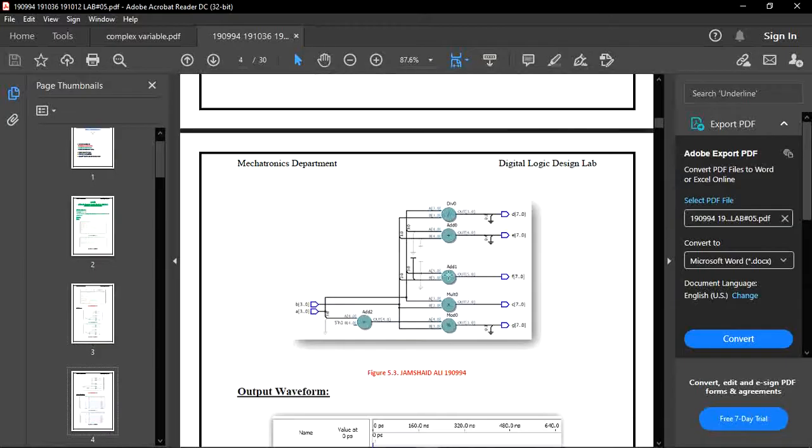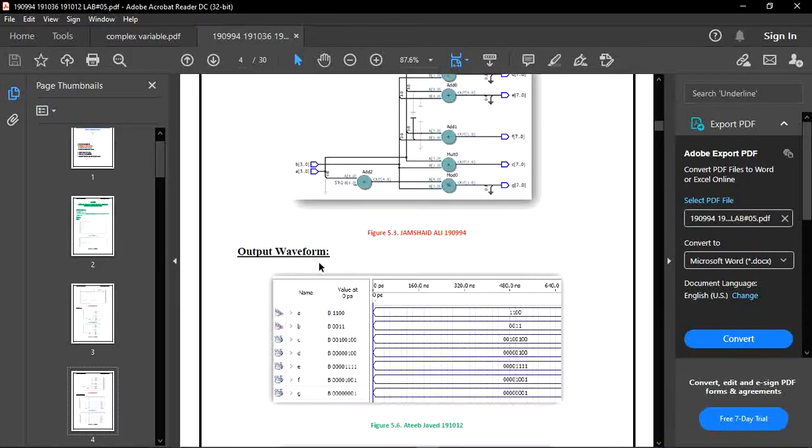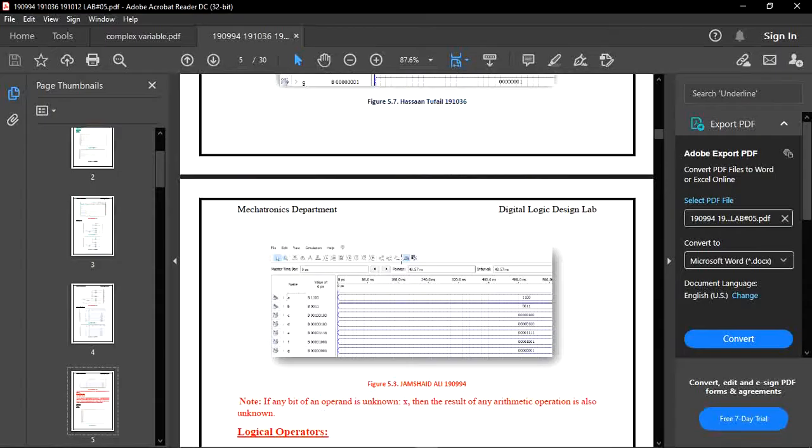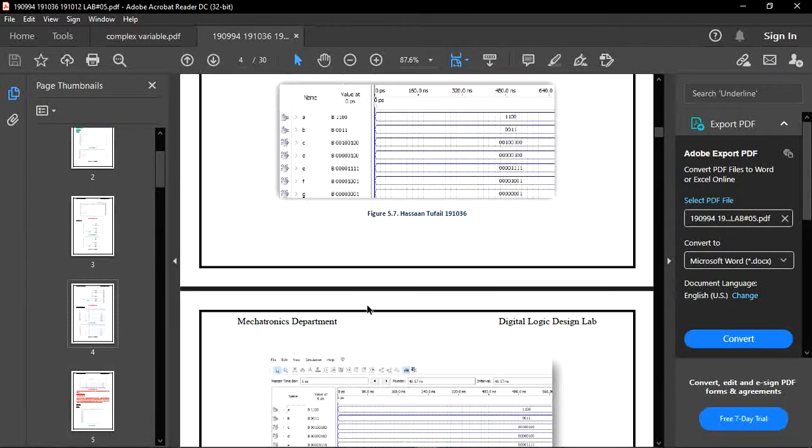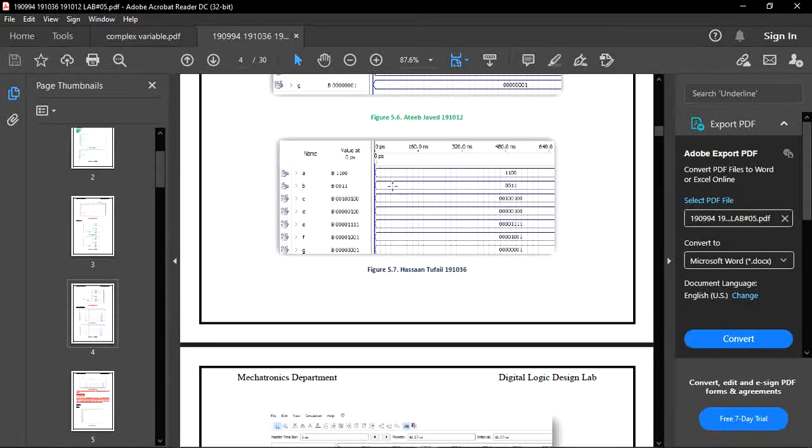So this is our RTL view of all our arithmetic operations which we perform in Quartus, and this is our output waveform. This output waveform tells us if A is 1100 and B is 0011, then all the outputs will become 8 bits.